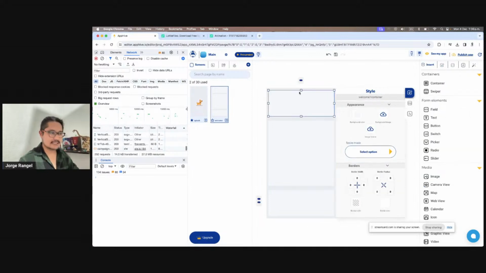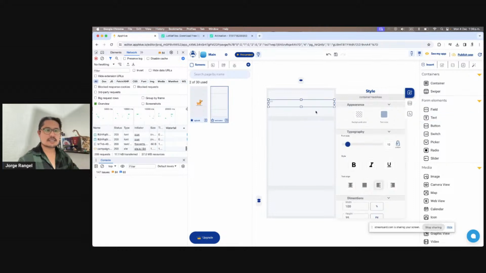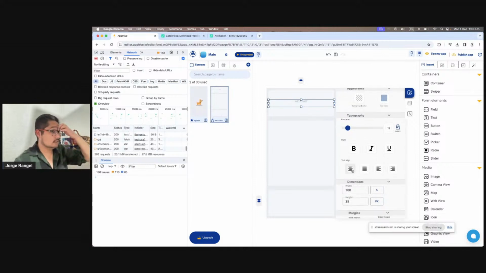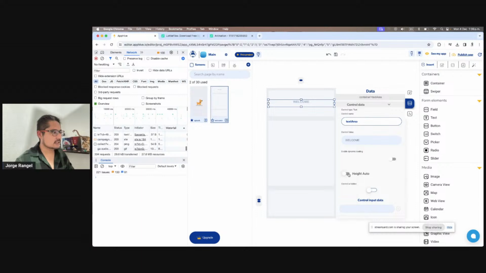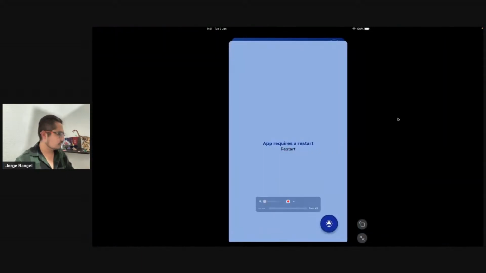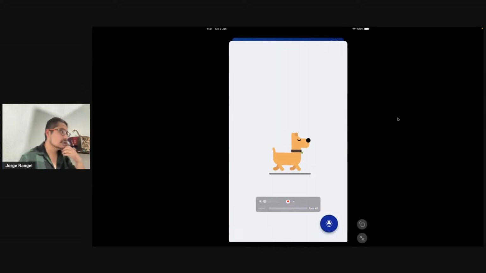And let's put here a text that says something to the user. In this case, I'm going to be putting here welcome, all in uppercase, and I'm going to center it, and I'm going to put this in bold and a little bit bigger, maybe 15. Okay, 15 looks right. And the height, I'm going to have the height auto, so it is exactly the size of the font. If I go back here and I restart, you can see 2 seconds of my dog, and then after here